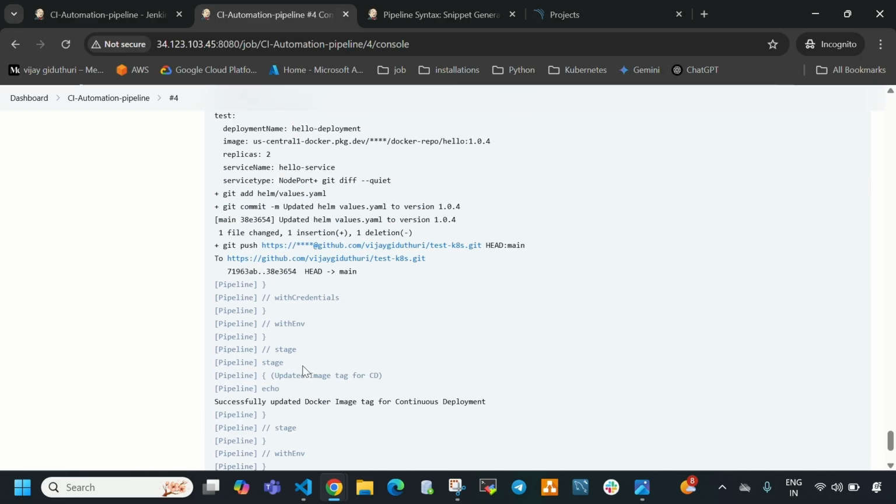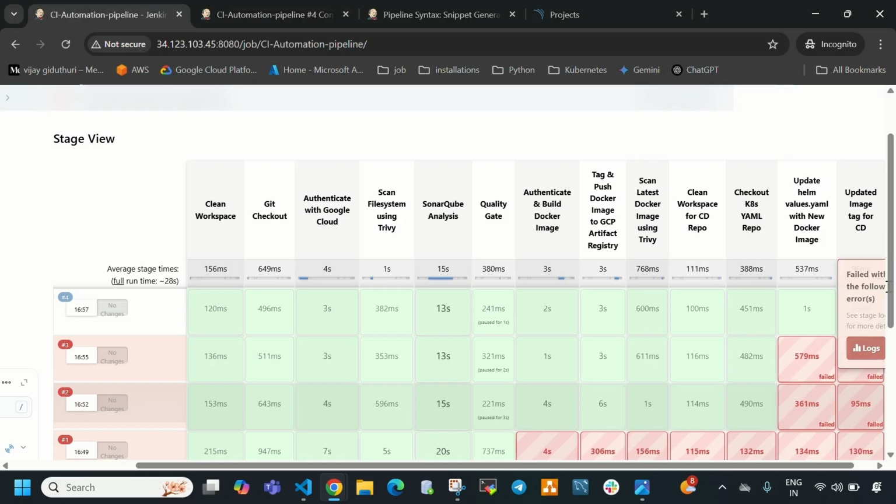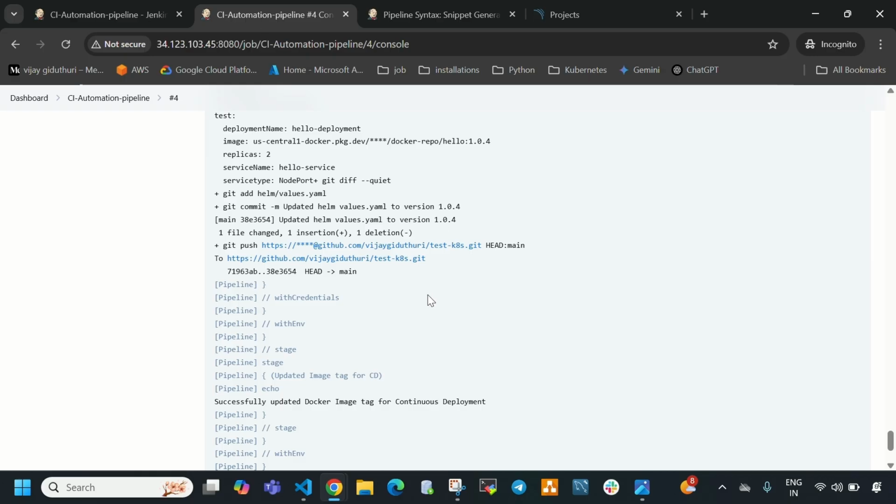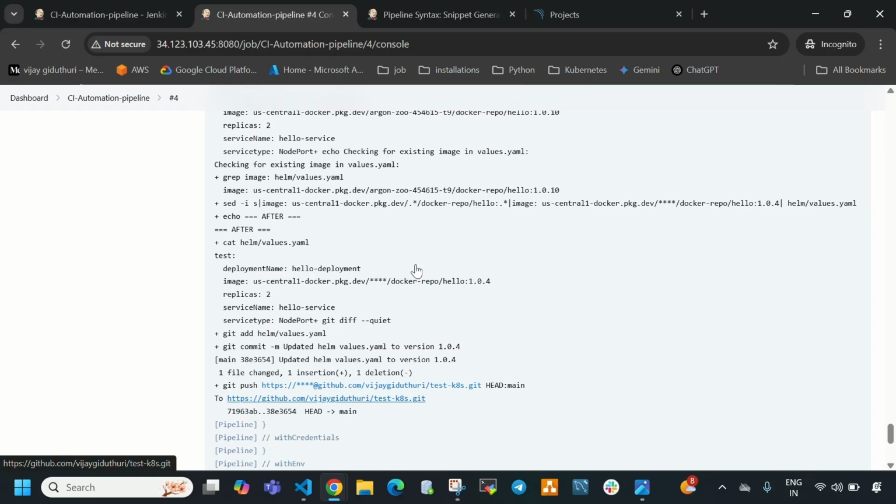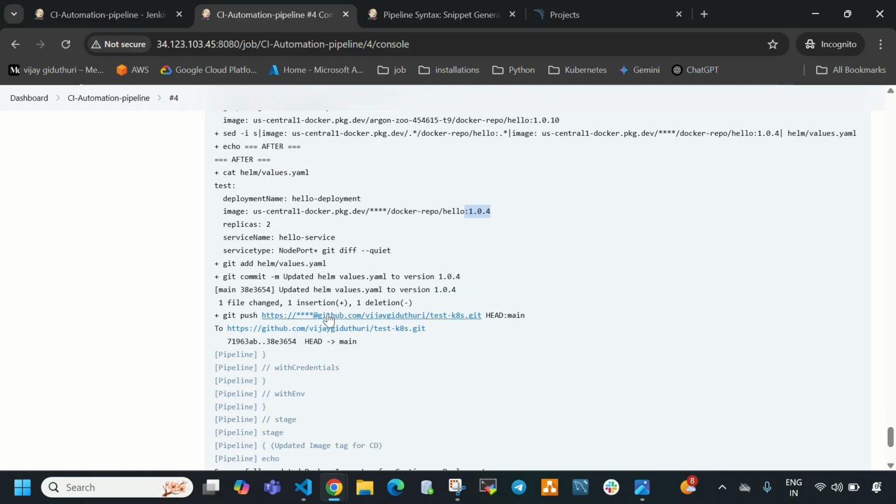So again here you can see now our pipeline is green. So successfully it has updated our image tag with the latest build number, which is build 4, right? That means with the latest changes. So here you can see using set command it is modified to 1.0.4. Okay, in helm values.yaml file, after that we are going to cat helm values.yaml file. So here you can see this is the thing. Here it is modified to 1.0.4, right? And here you can see successfully it has done git add, git commit, it has successfully pushed, okay, to main